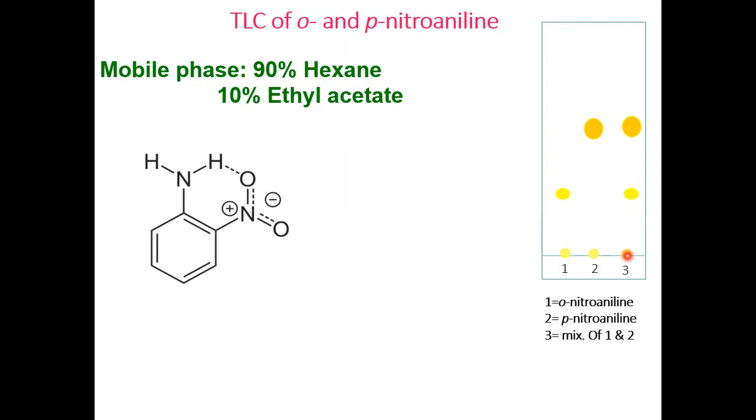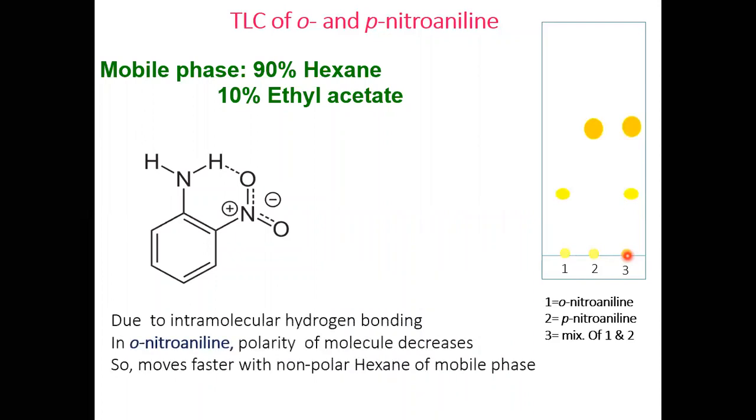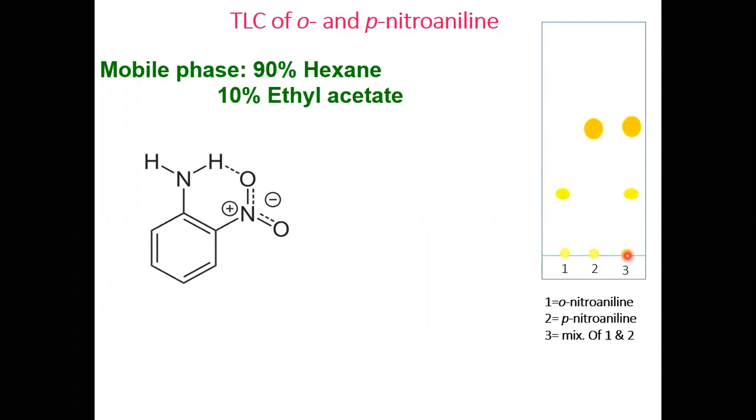Out of the two compounds, orthonitroaniline and para-nitroaniline, if we discuss the polarity, in orthonitroaniline both the polar groups are involved in intramolecular hydrogen bonding. Due to intramolecular hydrogen bonding, the polar groups do not remain free to bond with the stationary phase. Their polar groups are involved in the hydrogen bonding, so the polarity of the compound will be less and they move fastest with the non-polar hexane of